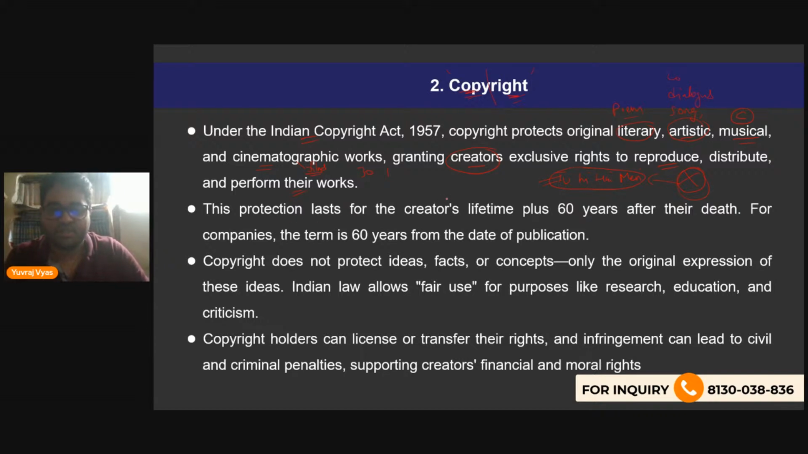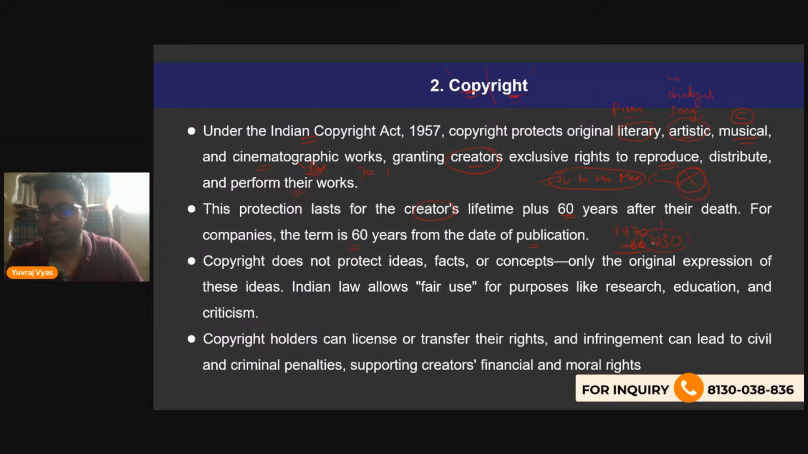This protection lasts for the creator's lifetime plus 60 years after their death. So from whenever you created, till you are no more, and 60 years hence. So this is the time period. For companies, the term is 60 years from the date of publication. So if it's a company, then the date when the article was produced or publicized in public, suppose it was publicized in 1970, so plus 60. So this will come to